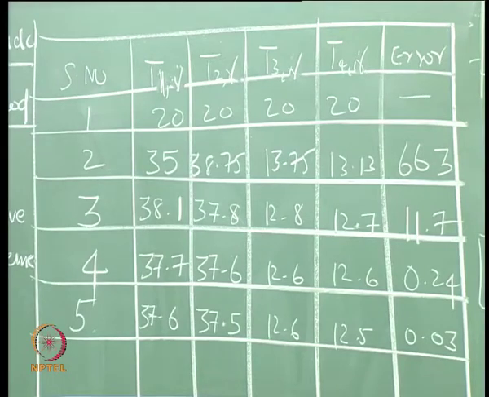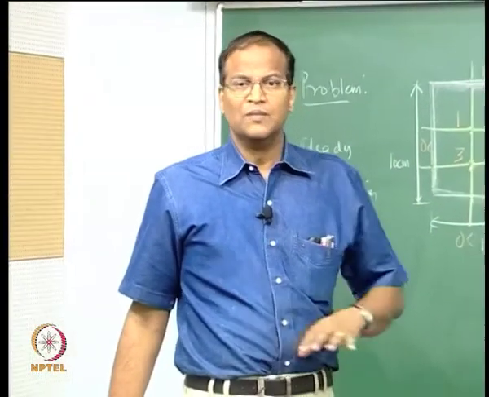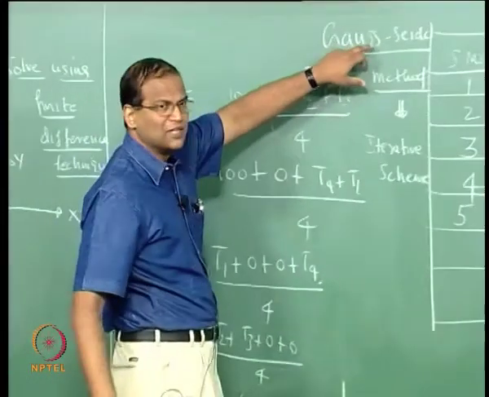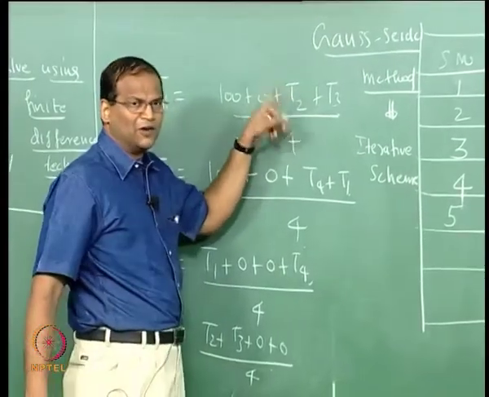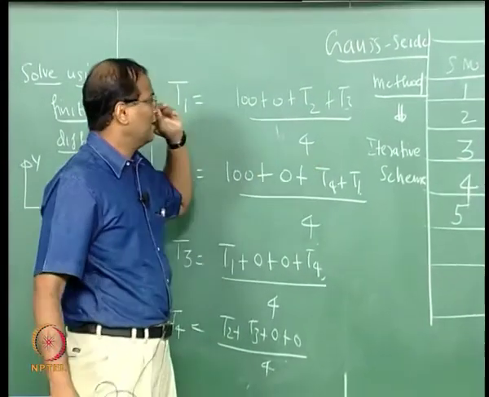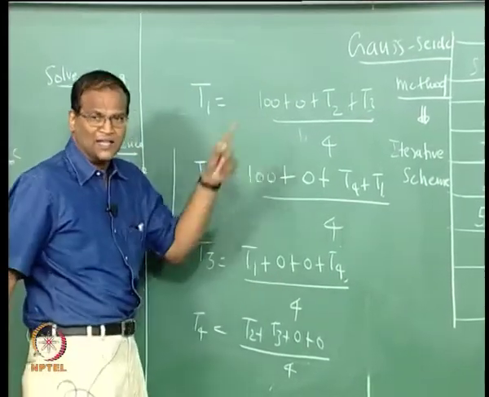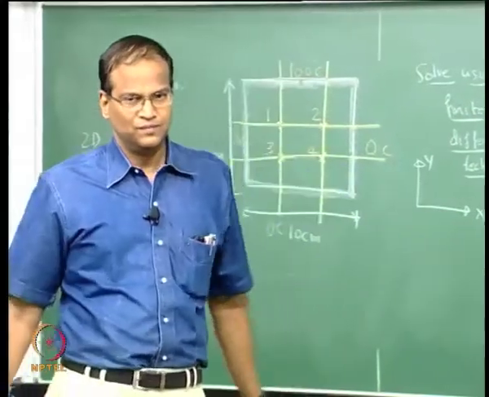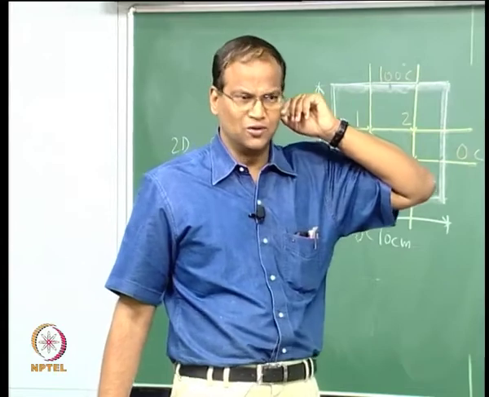So please remember that the central difference gives you only a numerical scheme. Then you get a set of resultant algebraic equations. We have used one more technique, which is the Gauss-Seidel method. In the Gauss-Seidel method we take an initial guess for all the values T1, T2, T3, T4. Right side is completely known, left side is unknown, the latest is substituted, and then iteratively we keep on solving till the error reduces. We can actually invert the matrix and solve for T1, T2, T3, T4 also, but beyond